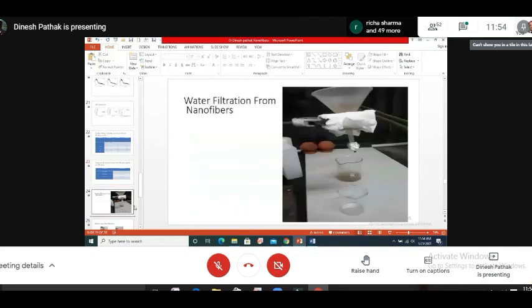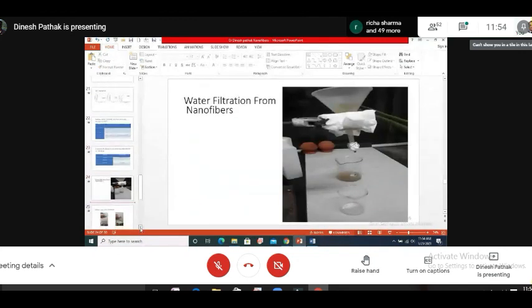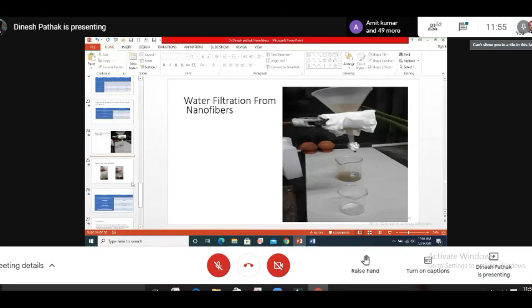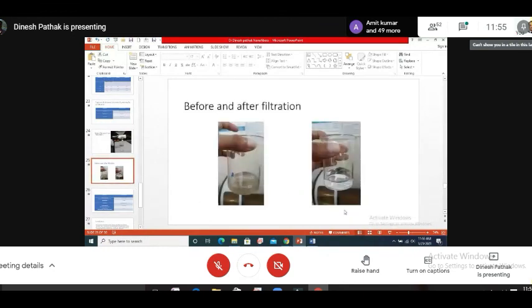We also tried to filter water, but the experiment was not a big success. So we are in the process of doing this again with some other colleagues, and we will see if we will be able to. Obviously, from here it is seen that we got some filtration done, but actually we could not filter arsenic and lead with the help of these membranes or fibers, but we are still in the process of repeating the experiments.